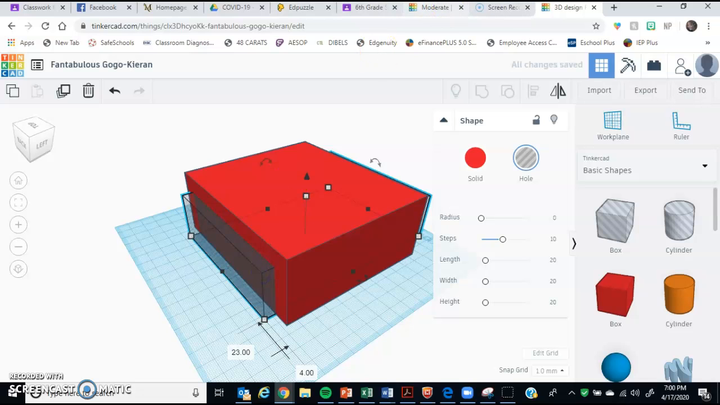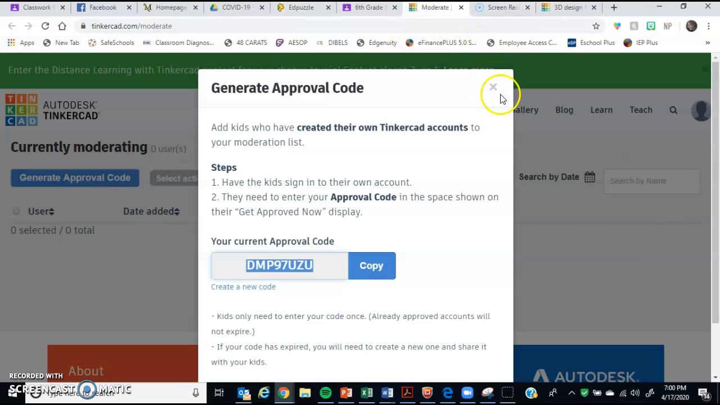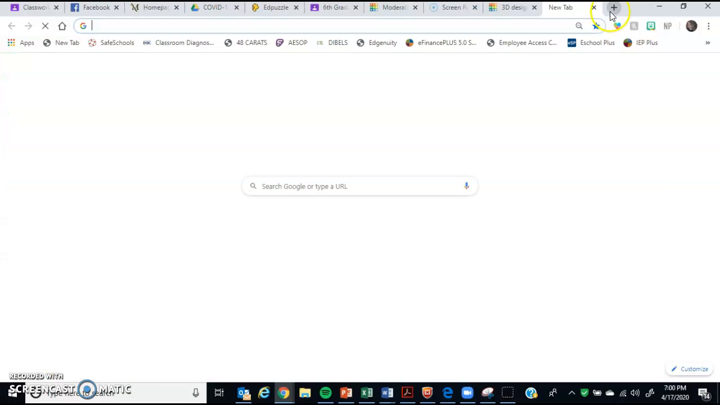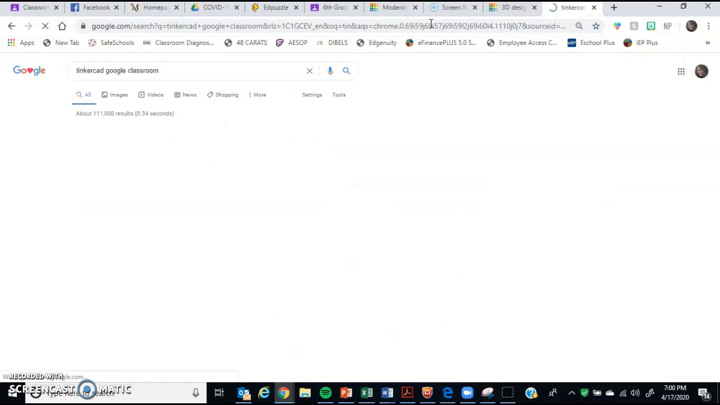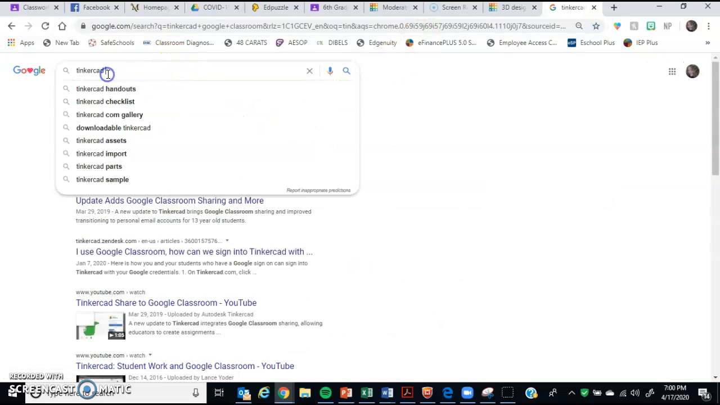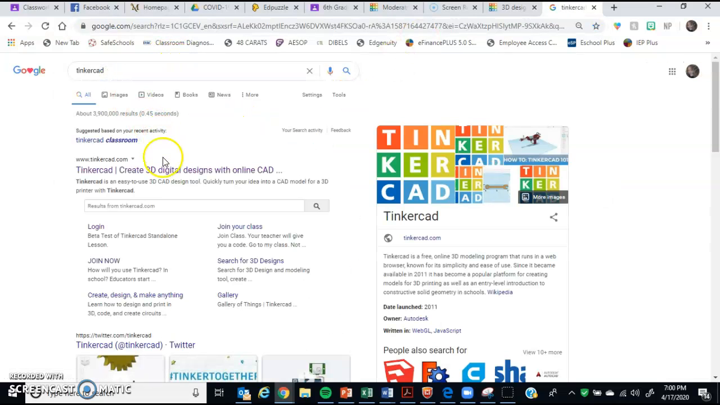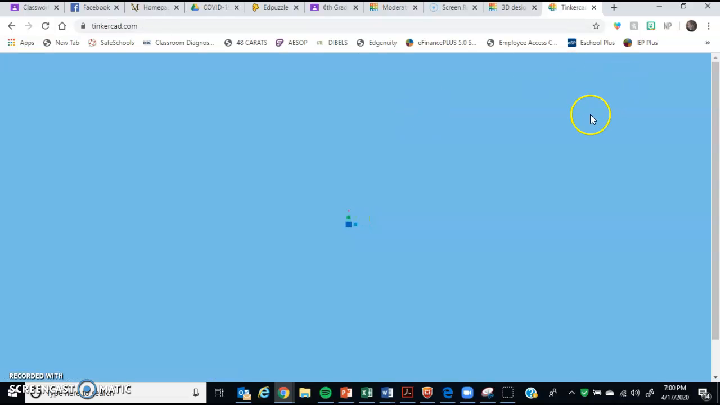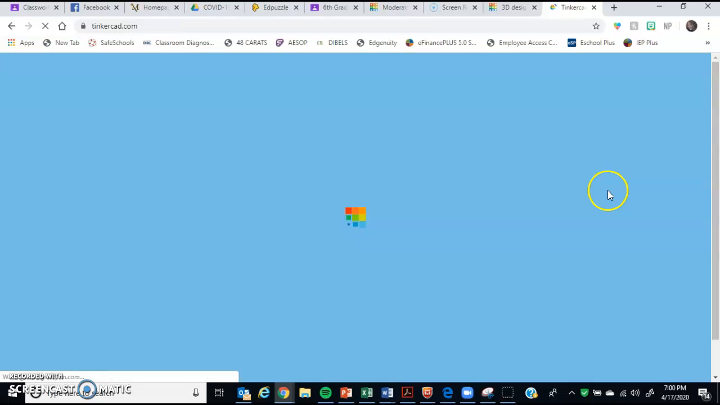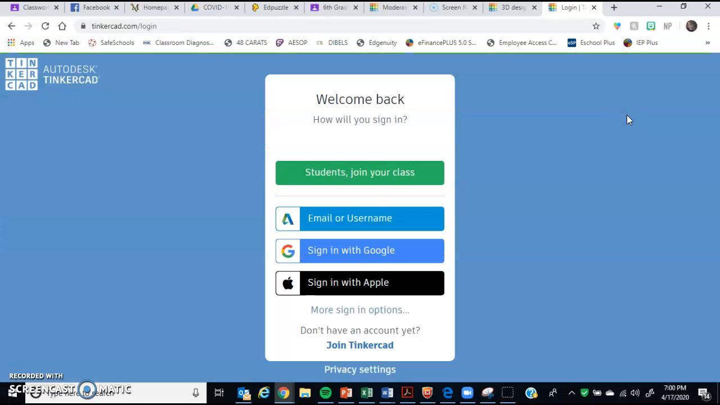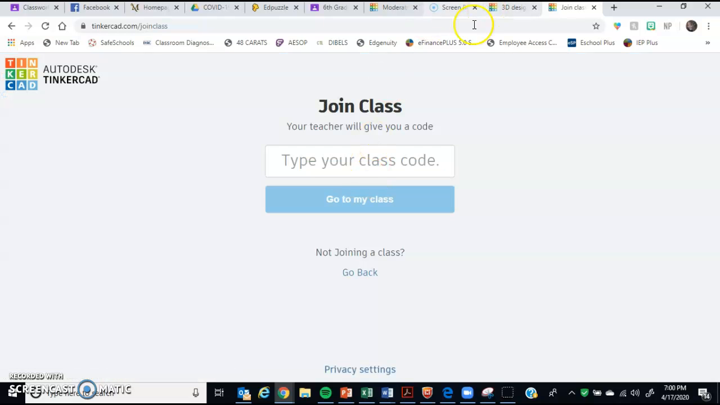So, for you guys, what you need to do is, when you log in, quickly type in TinkerCAD up here, not Google Classroom. You need to click in TinkerCAD. When you go in, yours is going to have a log in section. So I'll log out really quickly so I can show you. If I click sign in, you guys are going to click students join this class, and the class code that you're going to type in